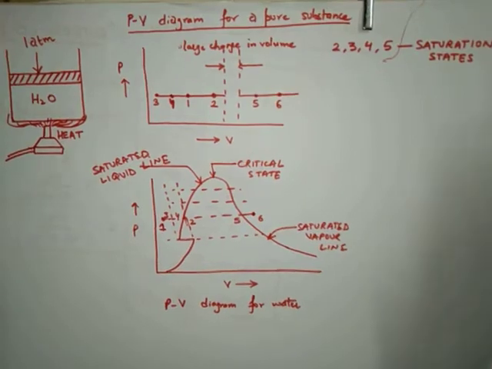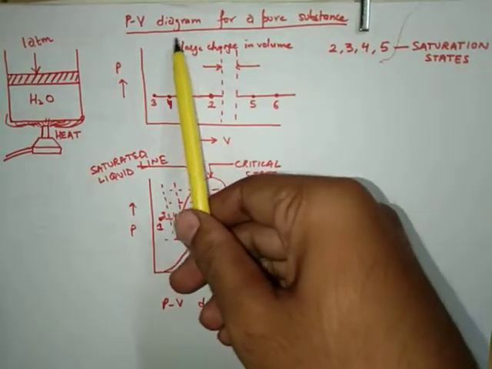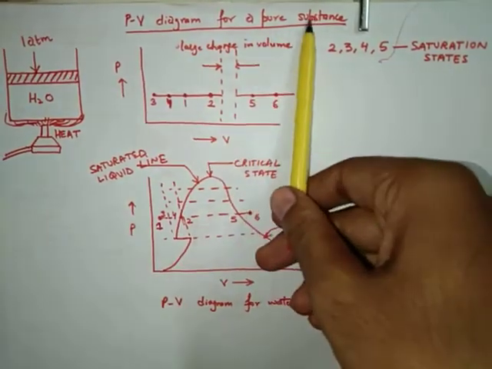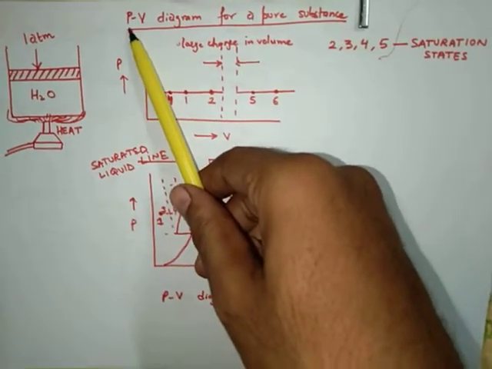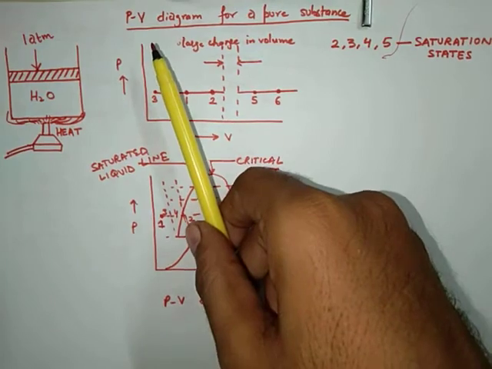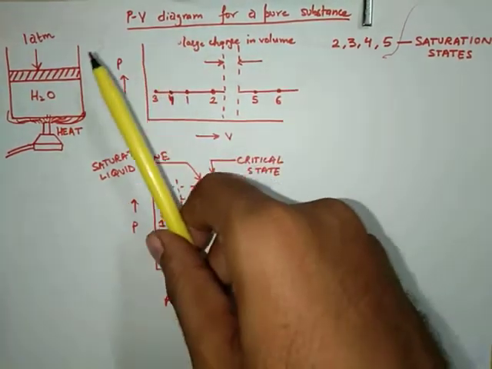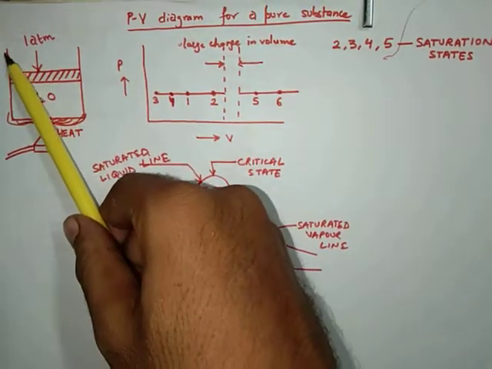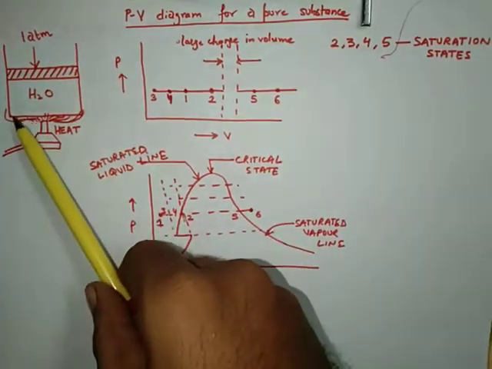Today we will discuss the PV diagram for a pure substance, that is, the pressure-volume diagram for a pure substance. For understanding it, we will take an example. Suppose we have a piston-cylinder arrangement